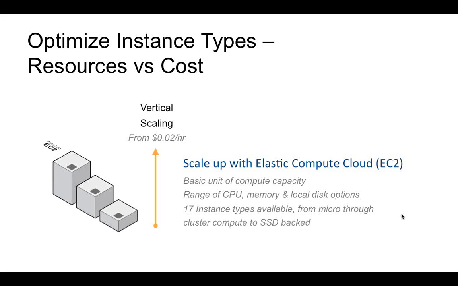You need to do a performance test to make sure that you don't run out of resources in a given instance type. If you do, try booting up a larger instance type and executing the performance test again. But don't run too high instance types, because then you just have waste. At AWS we currently have 17 different instance types available, from really small micro instances all the way up to cluster compute and GPU instances with SSD disks, etc. And remember, it's a balance between resources available and cost.